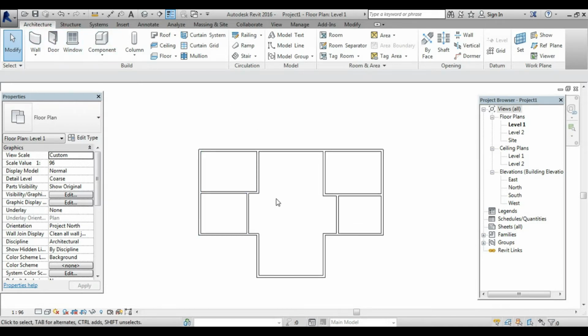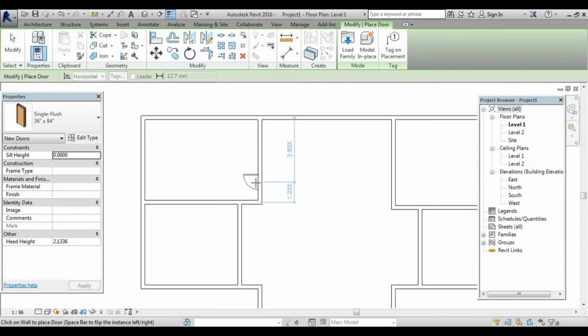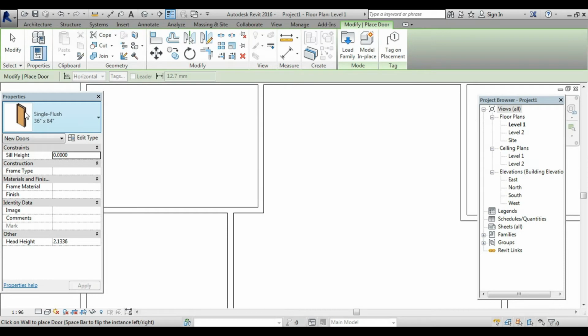Now in any plan, for orientation and ventilation we need doors and windows. So here we can see the command of door and windows which are ready-made available to us. So using the door we can apply the door here in this way. But we can say this is a very simple type of door. In Revit